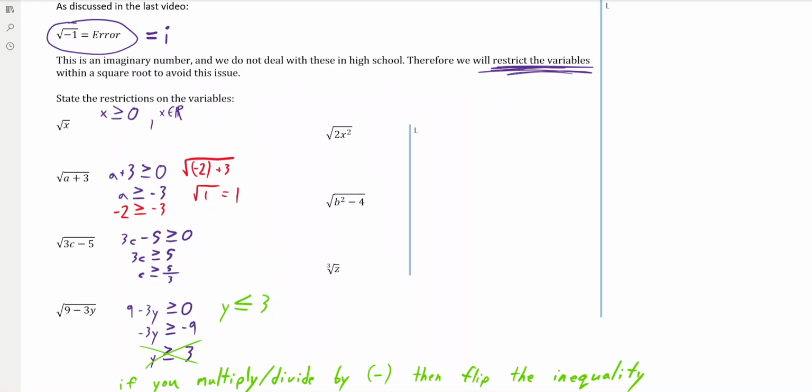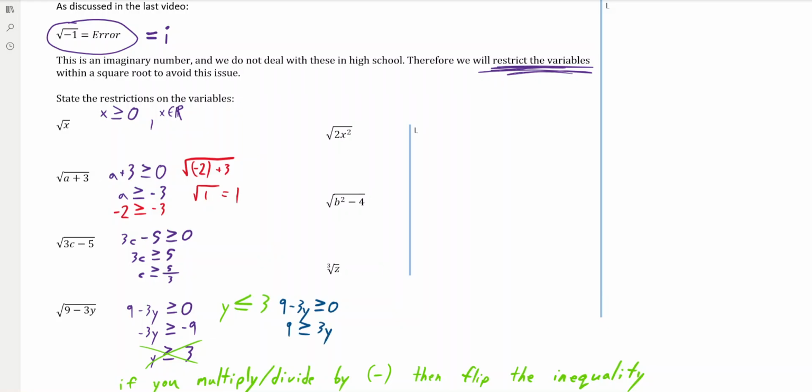Okay, important rule, don't forget it. There is a way to avoid this issue here, so let's take a look at how we could avoid this by starting back at the beginning. 9 minus 3y is greater than or equal to 0. What if we move the y over? So if we added 3y to both sides,